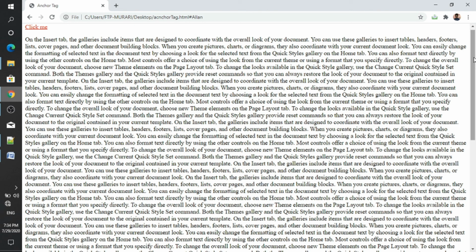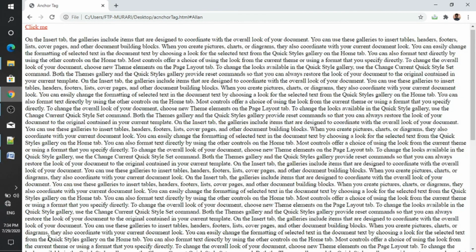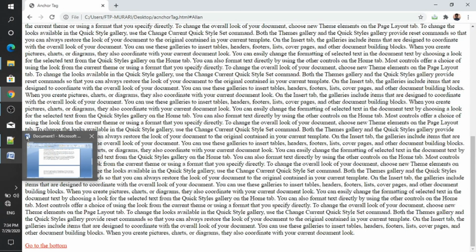Again you see, when you click on go to the bottom, it is working. It is properly working.